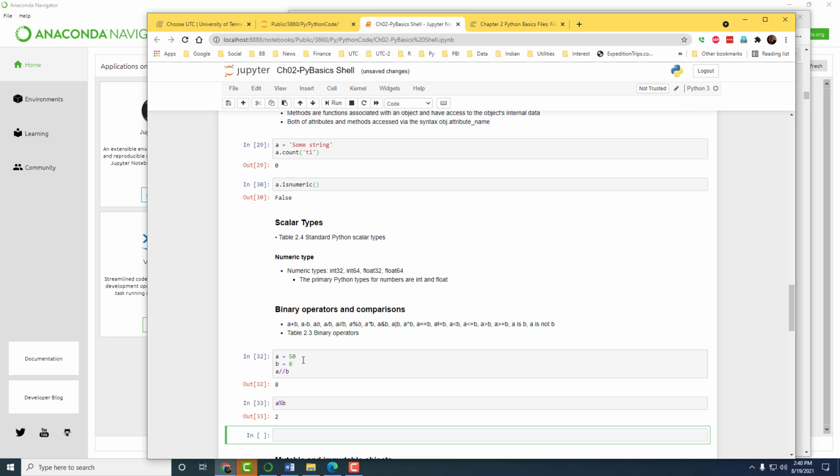So that accounts for 48 out of the 50. The fractional part represents the remainder 2 divided by the divisor 6, right? So it's the remainder, not the fractional part. The remainder 2 is called the modulus. In Excel, if you do MOD, this is what you'll get.